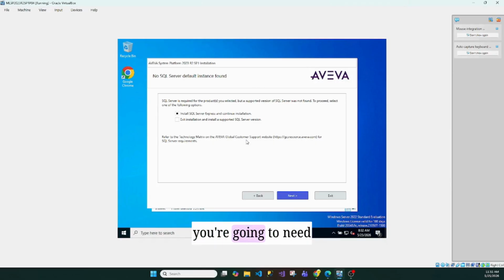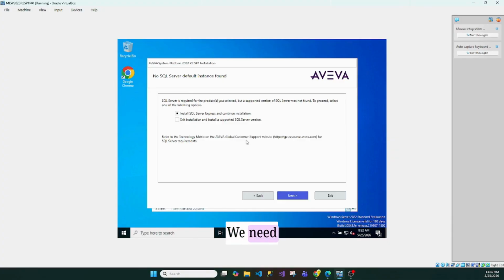So if you know you're going to need it, allow the software to install its own dependencies. It will always install the supported version of SQL for the version of System Platform that you are installing. So save yourself some time and some headache and go ahead and allow the AVEVA software to install SQL Server on its own. Now, if you happen to need SQL Server, let's say Standard, and that's not the free version, because we know Express is the free version of SQL,